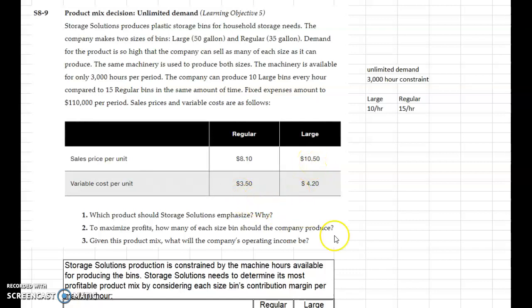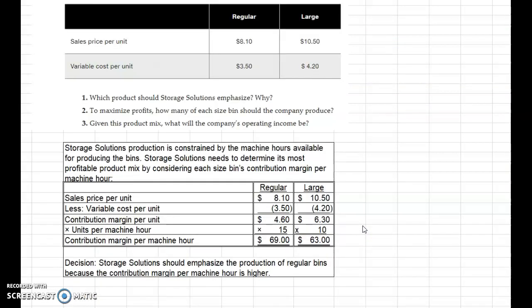And here's our variable cost. So my selling price per unit is $810 and $1050. So we've got regular and then large. Okay. The variable cost per unit is $350 and $420, which gives us a contribution margin per unit of $460 and $630. So right here it looks like, well, we're making $630 on each large one, so that's what we